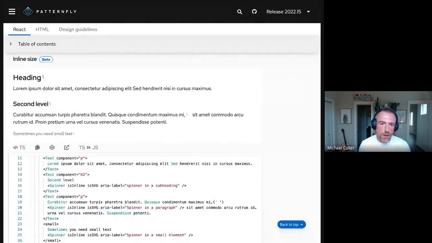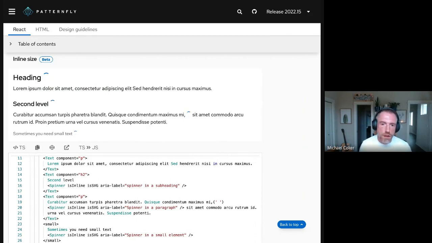So that could be an em, a rem, it could be 50% of the viewport width if you'd like to do something like that. But we had enough use cases where the spinner should basically just inherit the font size or match the size of the context of the stuff around it,